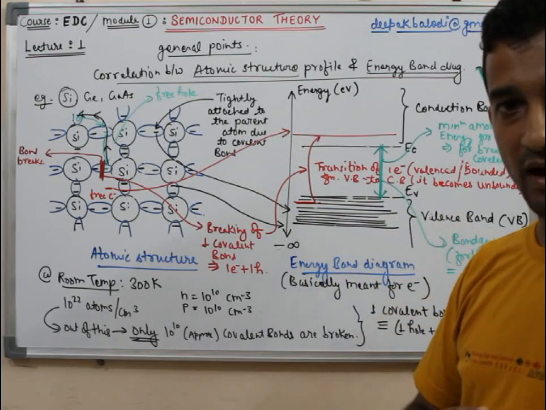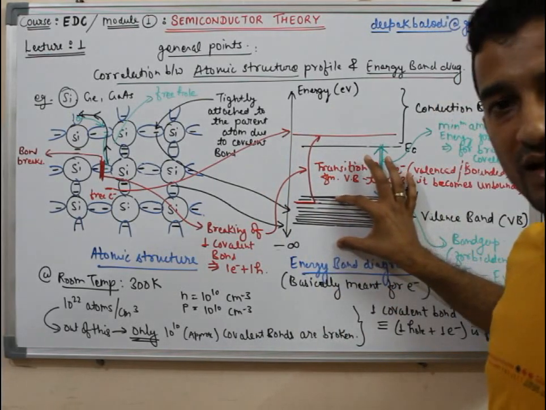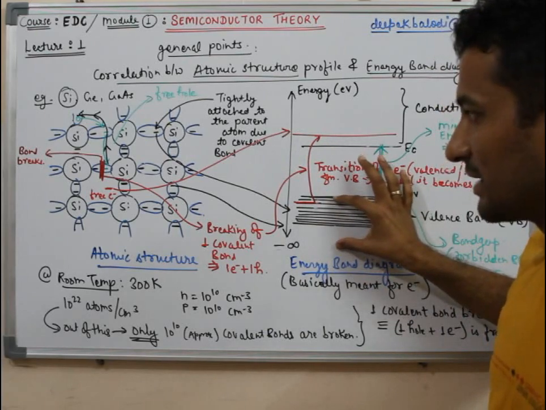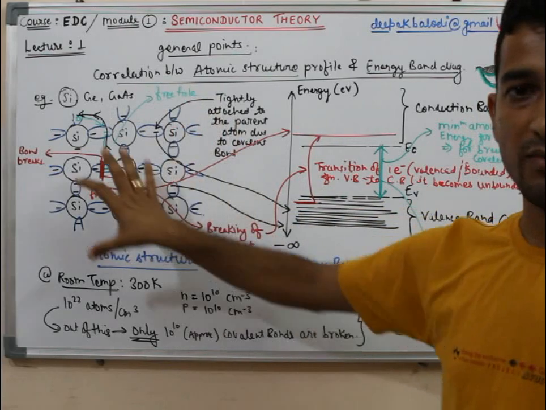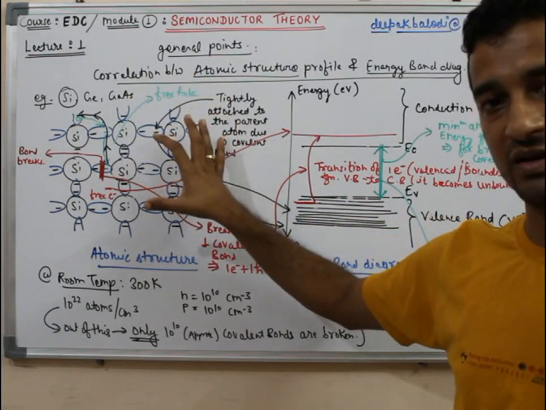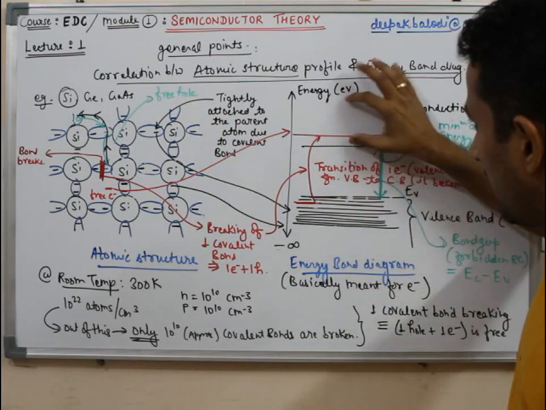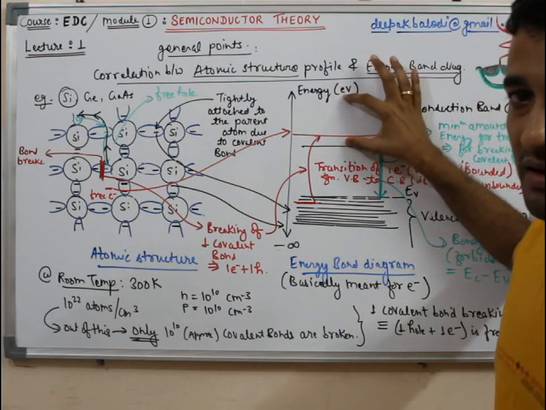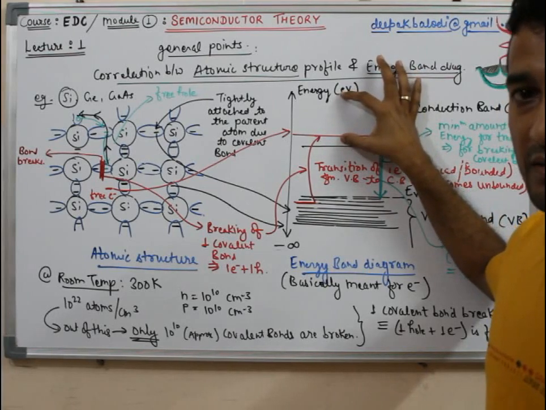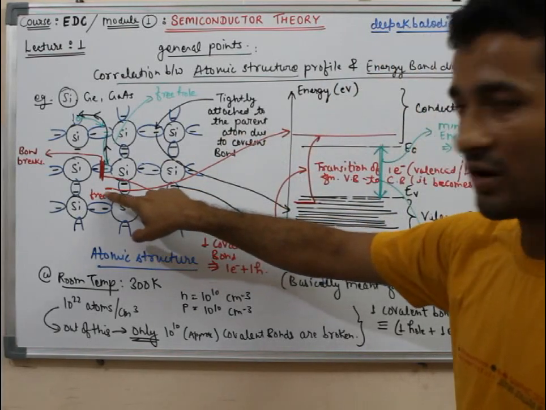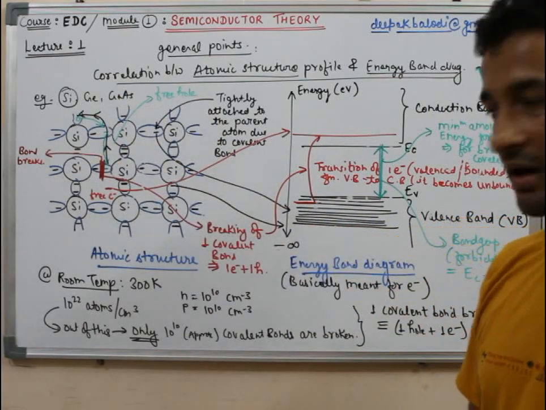For electron, again I repeat, if electron's energy level is represented here, or if any electron is represented here, then that means that electron is well bound within the covalent bond and it is well attached with its parent atom. It is not free to move. When any energy level is represented here for electron, or any electron is represented here in the conduction band, that means that is a free electron and it can move within the material, it can contribute in the current.